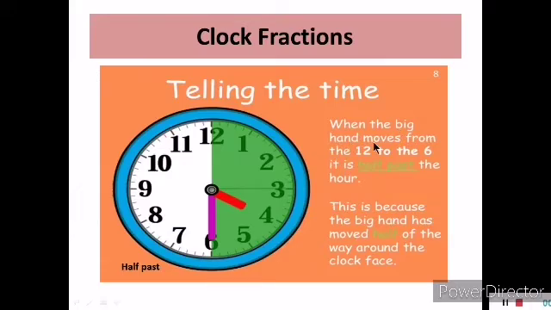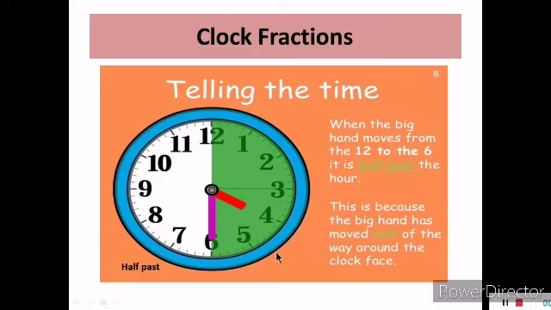Here this is the picture for half past. The short hand is in 4, so 4. And what is the time? It is in 6, so 30. 6 5s are 30, so 4:30. And the minute hand has come from 12 to 6. 1 half it has covered. So that is shaded. So it is half past 4. 4:30 is also called half past 4.